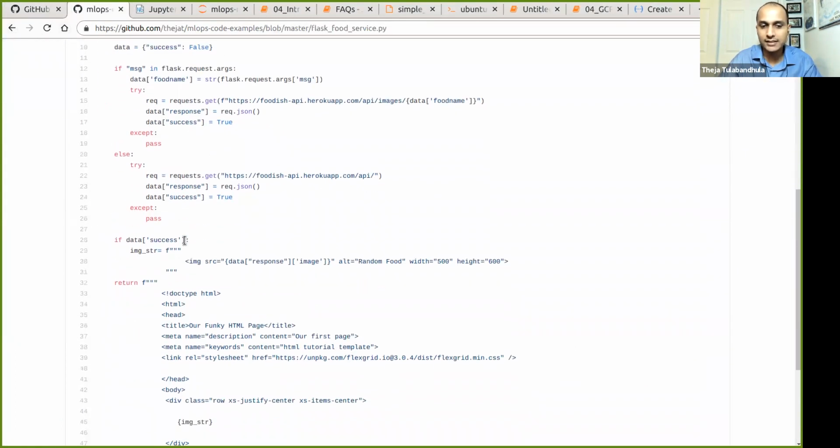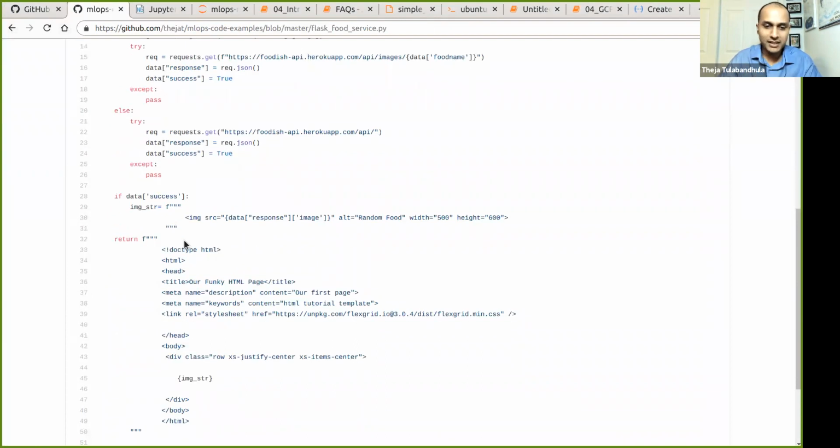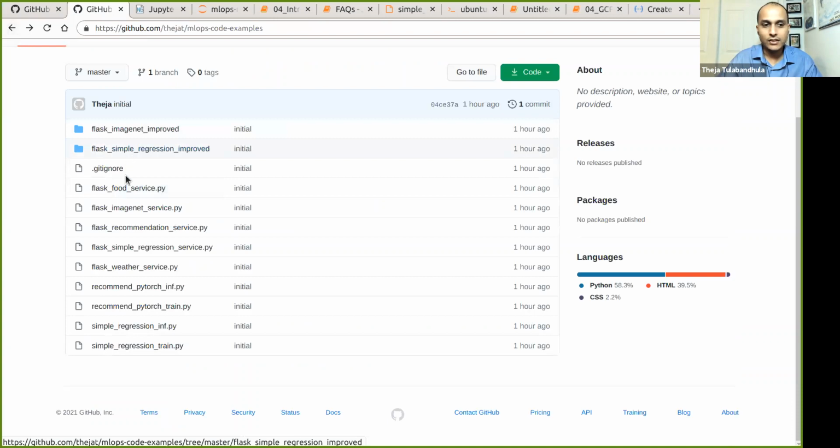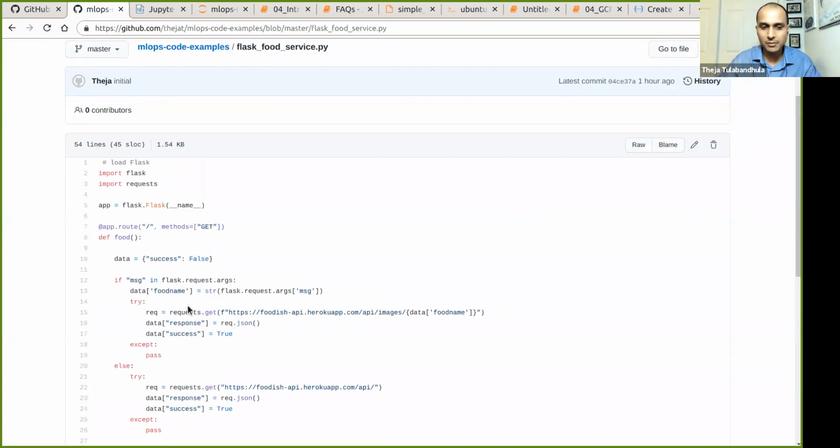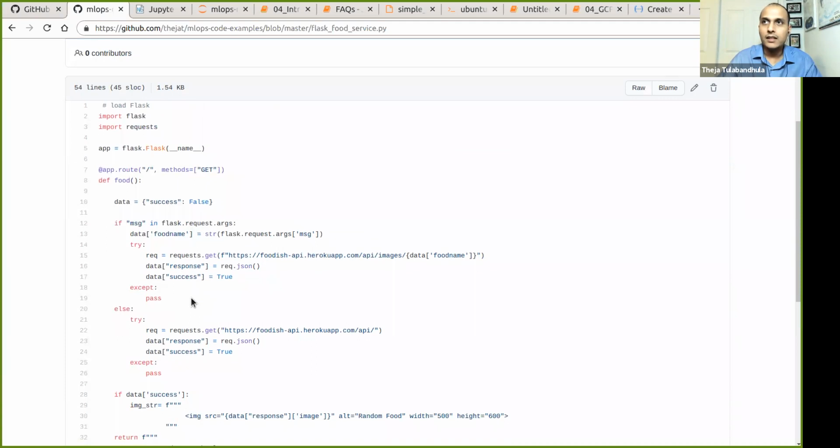So we ran this Flask app, and if people hit the website with some query, it would just pick some image and display that image, right? So we were doing that. That's in the food service py file. It's just a copy from this particular notebook file. It's the same copy. You can deploy this on Cloud Functions as well, or AWS Lambda.